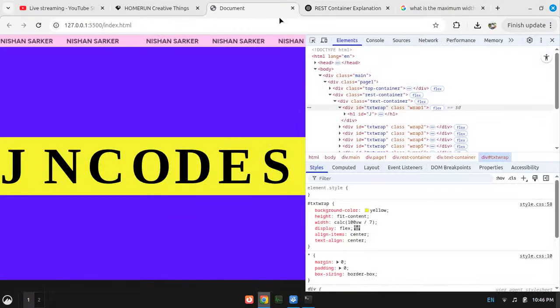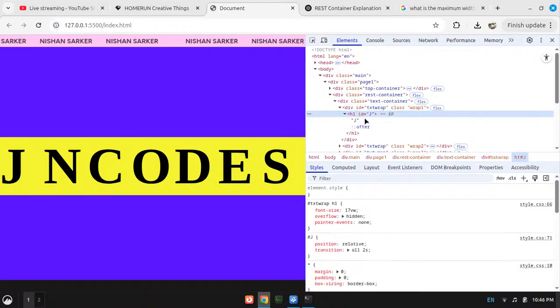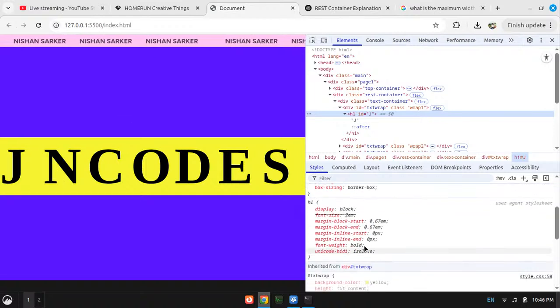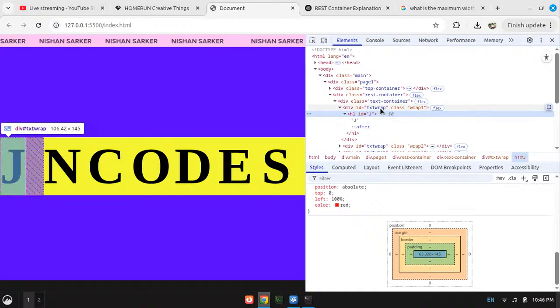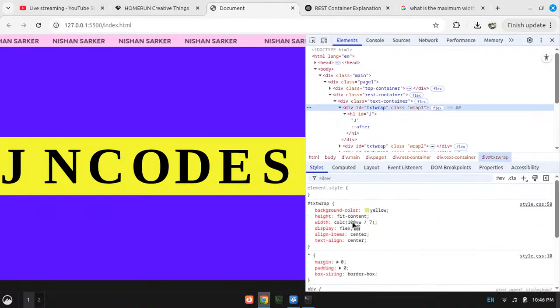Okay, let's inspect here. I have the text wrapper where I have the thing called id j, right? So hashtag J should move, but why isn't it moving? Why?